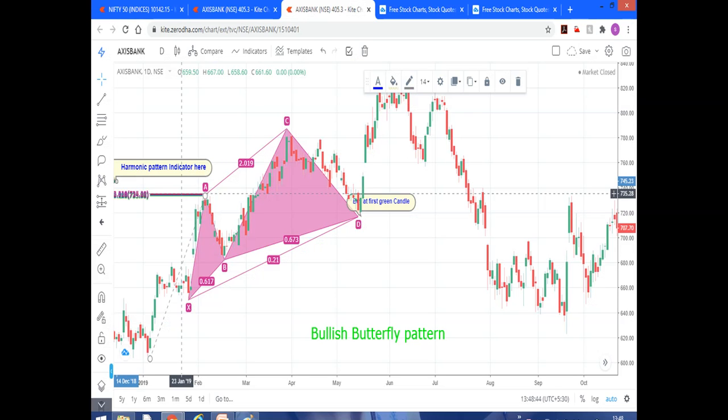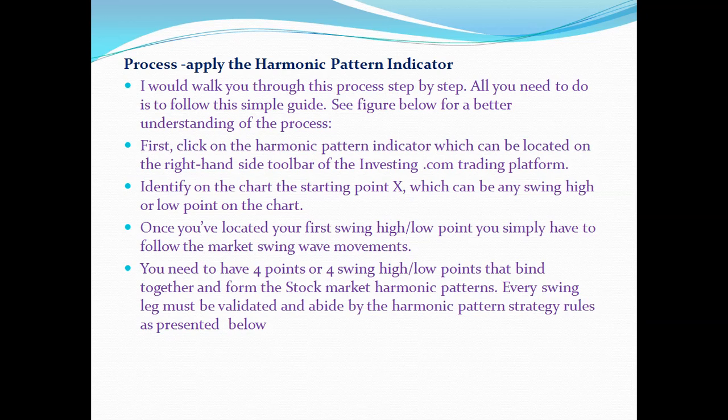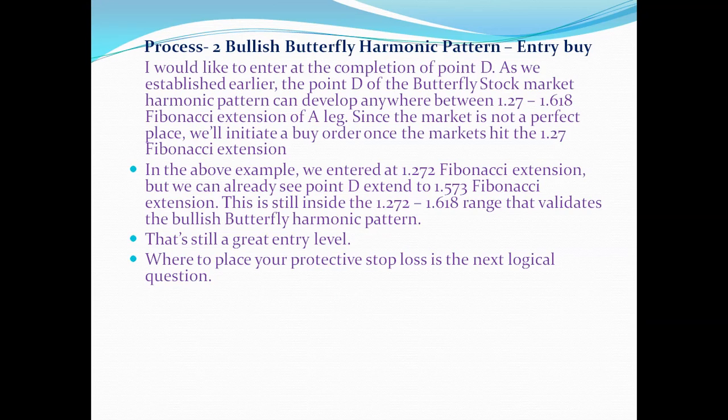So you see, I will show it in the diagram. This chart I have taken in investing. In this kind of diagram, just see my arrow here, it is formed, and you can use the X A B C D pattern. Then you have to analyze the pattern, draw the pattern and buy at the D point. You see how the bullish candle is formed, and it is a bullish butterfly pattern, and you can buy it and book a profit. You can use the Fibonacci in that also.